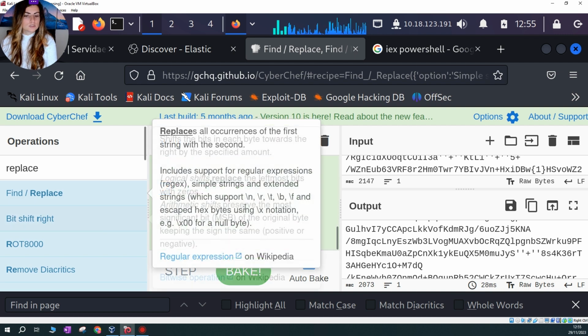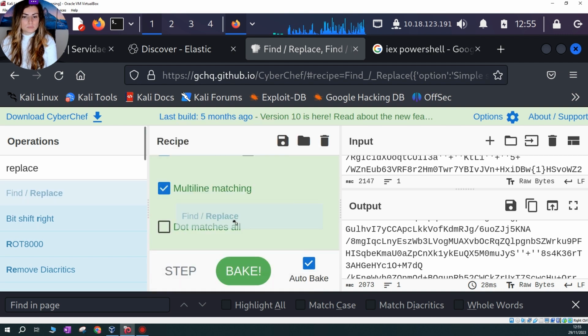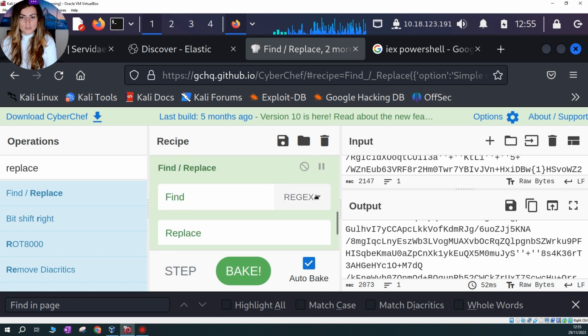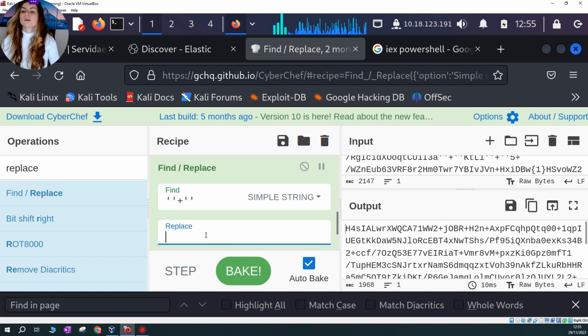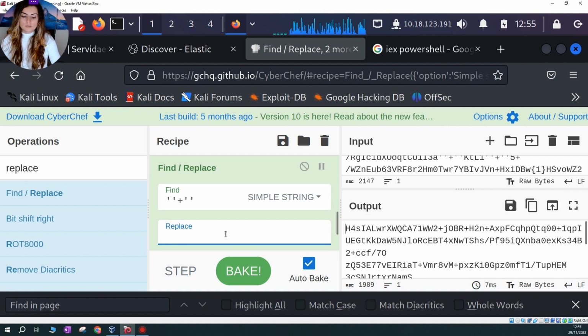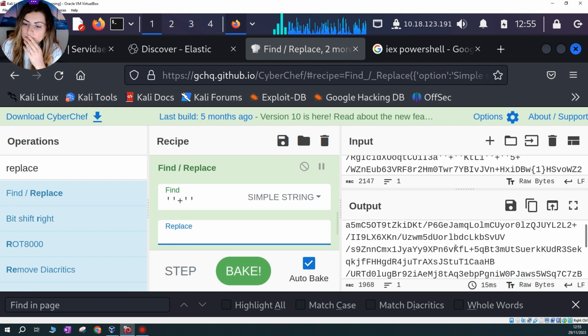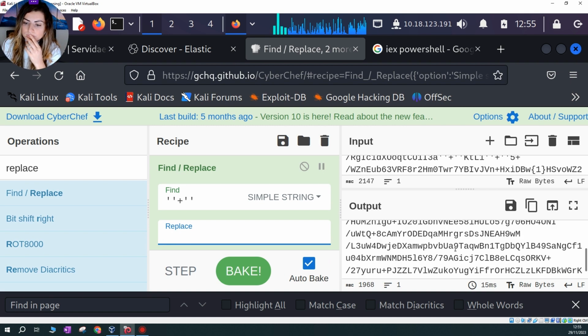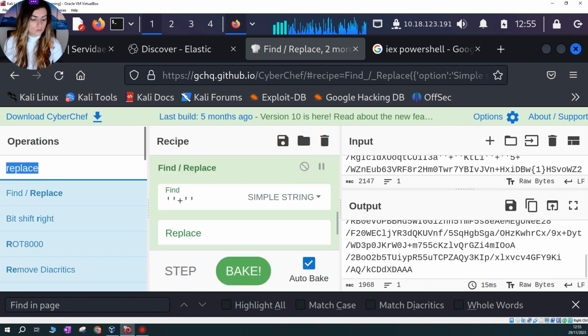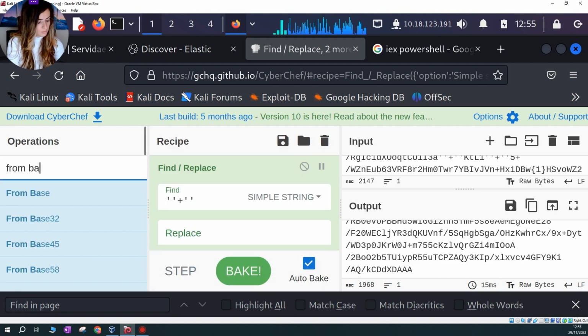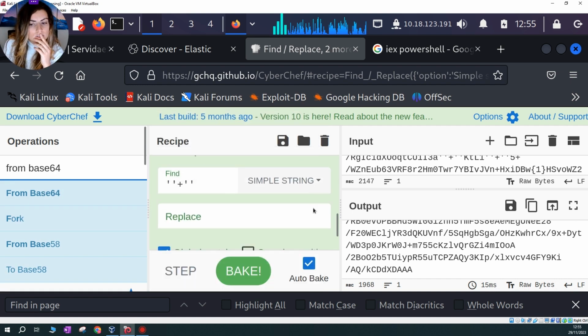1 0. I have to probably decrease a little bit the... there we go. I will replace this with nothing. Okay, this is what we can find now. I will go from base 64